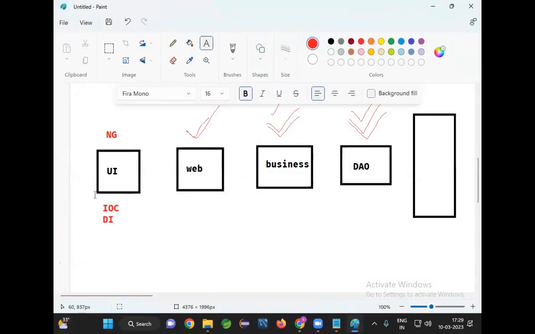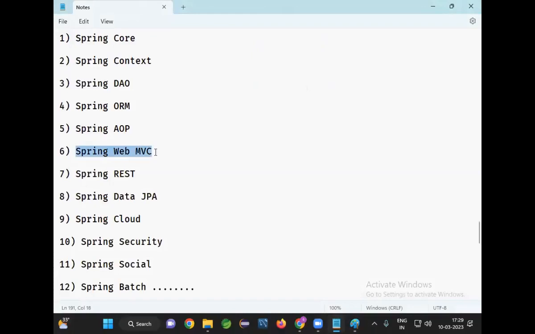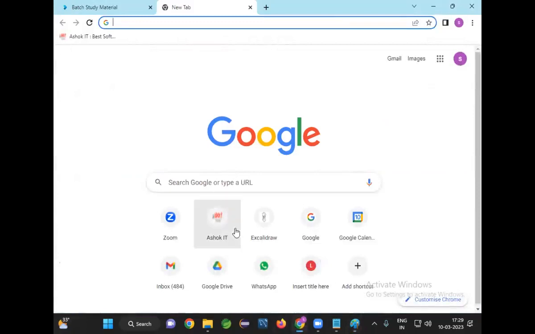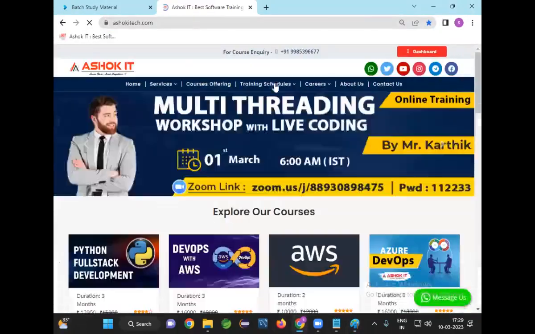The same concept will be available in Angular. We are talking about a business layer. Same concept in Angular. We are talking about a web layer. Same concept in Angular. So if you learn the Spring WebMVC module, within 1 week you can learn the Angular framework also to develop the user interface of your application. As I told you, we are going to cover the Angular framework as part of our Java